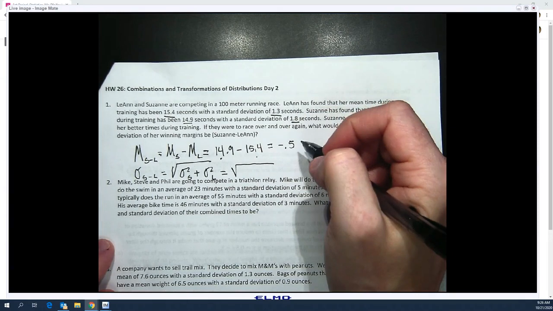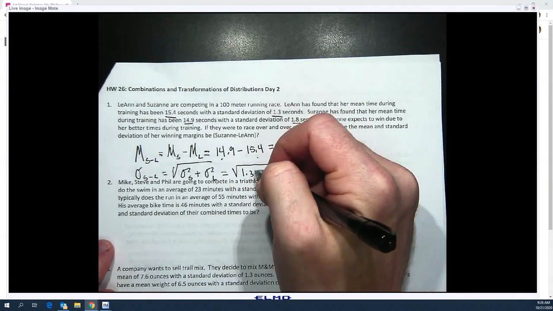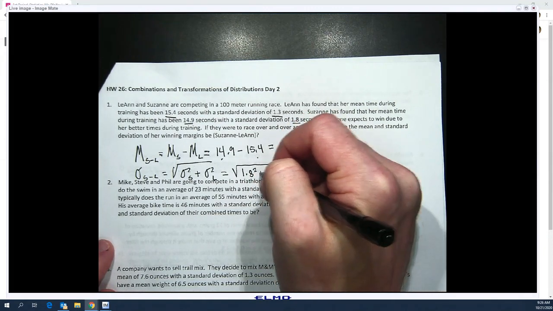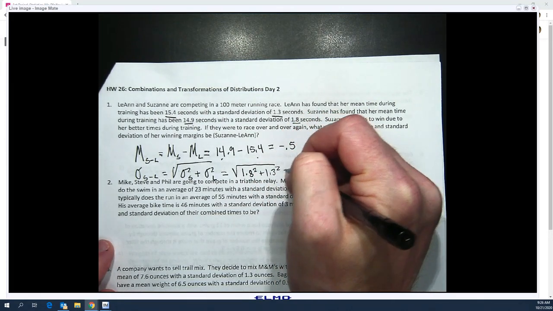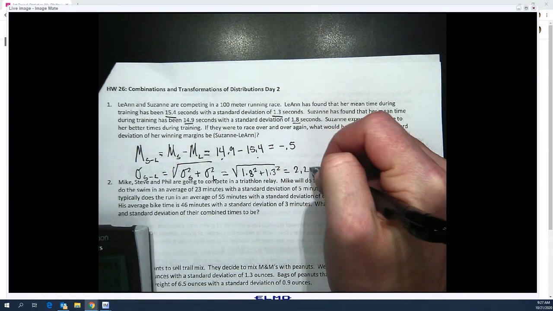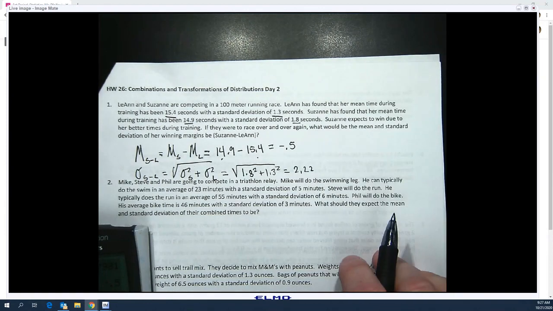I do think there are some practical applications to this that you might be able to glean from it. So 1.8 squared plus 1.3 squared, use the old calculator, gives us 2.22. And what that's saying, and this is something that Suzanne wants to be aware of,